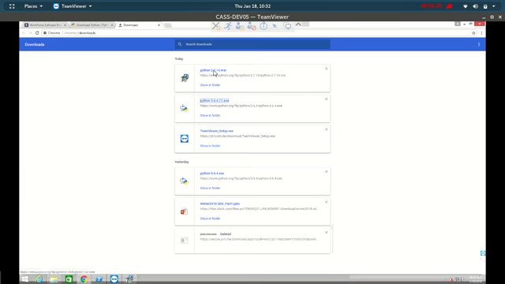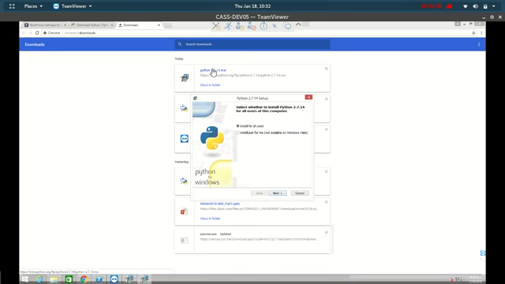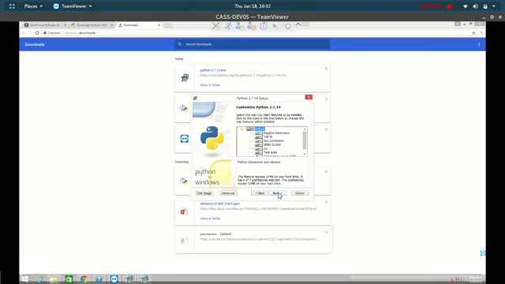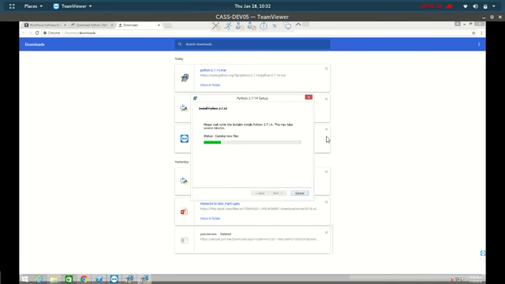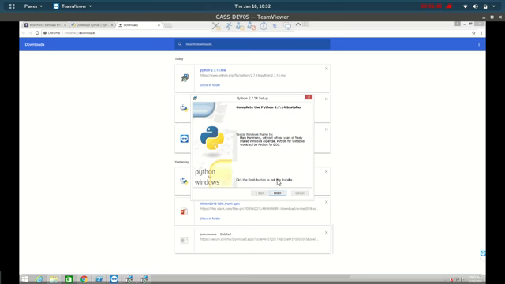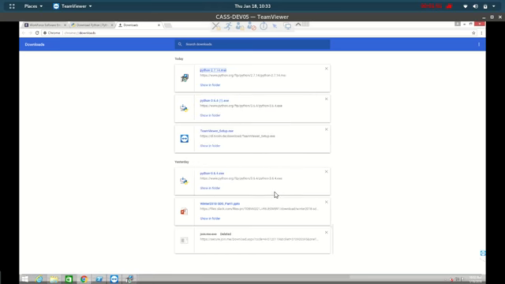Successfully installed. Now we will install Python 2.7. Install for all users. We want everything. This doesn't seem to have the path option, so no need to worry about that. Okay. Once that is done,